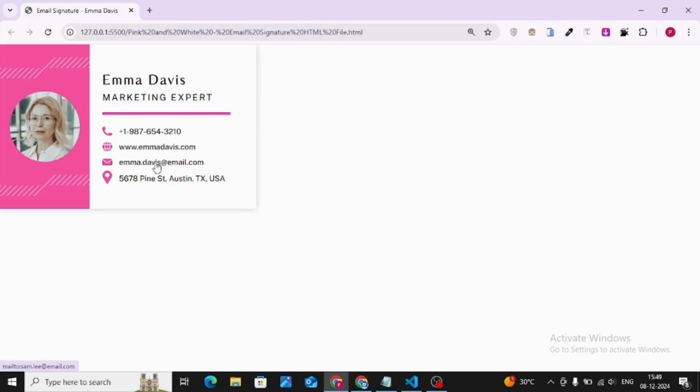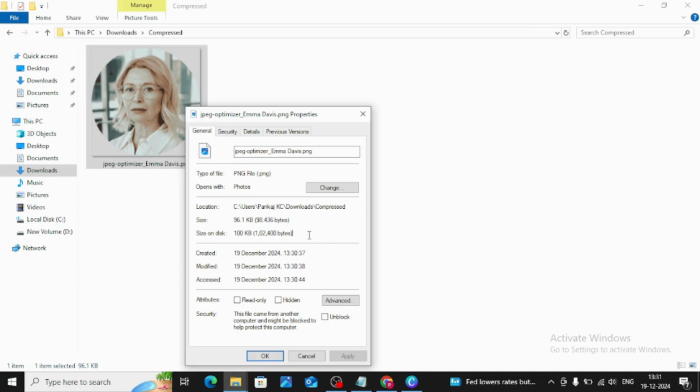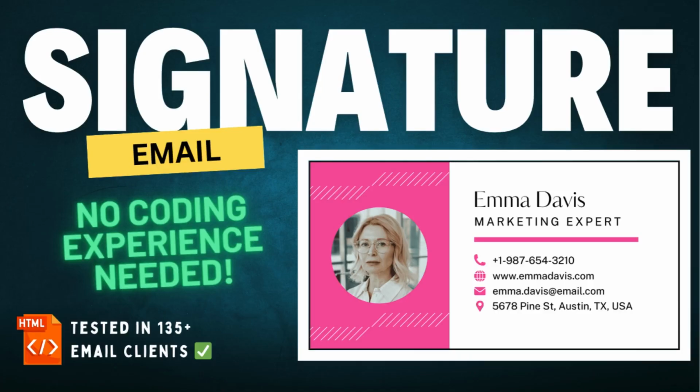I want to use this image in an email signature, but some email clients won't display images larger than 100 kilobytes, so I want to reduce its size to 100 KB. By the way, if you're interested in creating an email signature like mine, click on the I button to watch